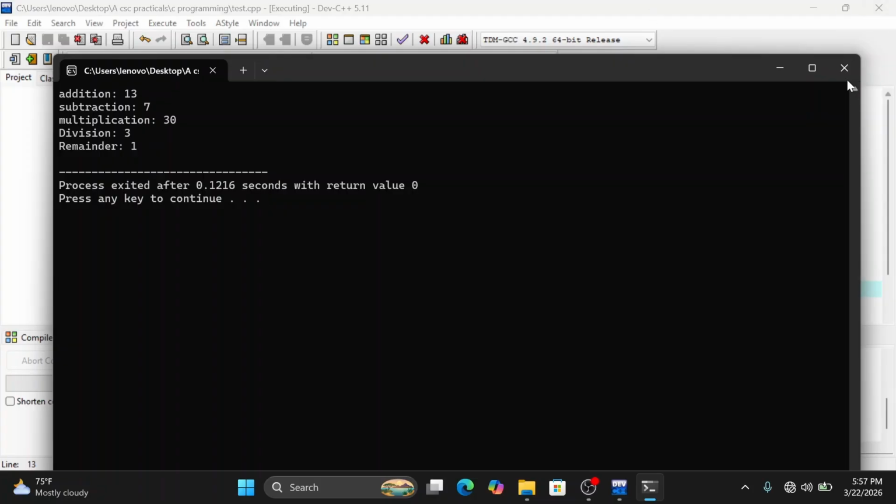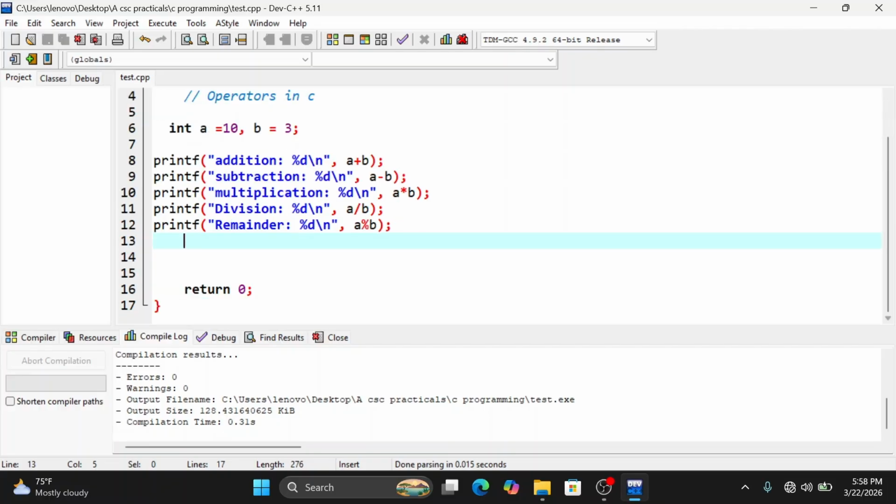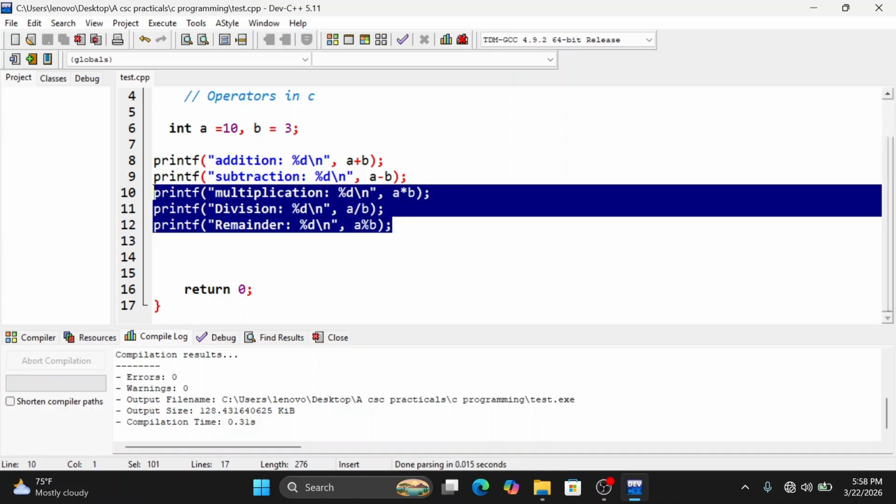Now that we have seen how to use arithmetic operators, let us go ahead to talk about other types of operators. The next type I want to talk about will be relational operators. With relational operators, we compare values. We call them comparison operators or relational operators. We use them to compare values. What are the various